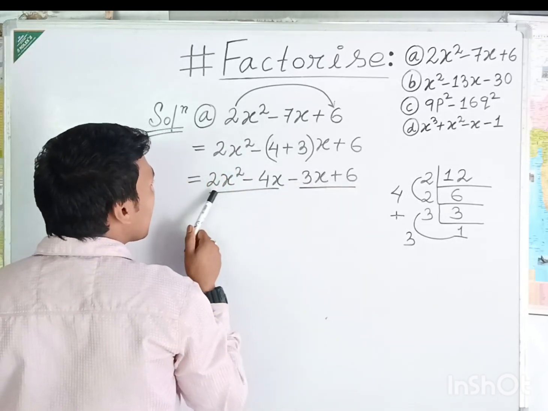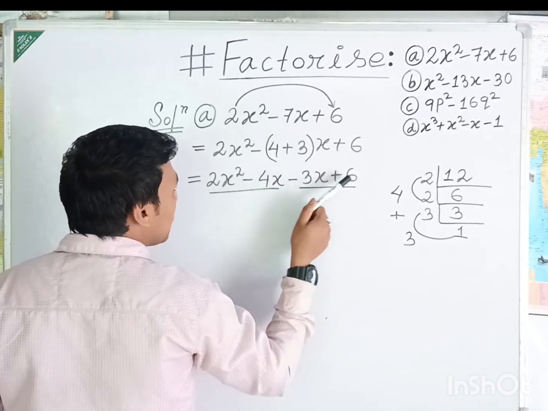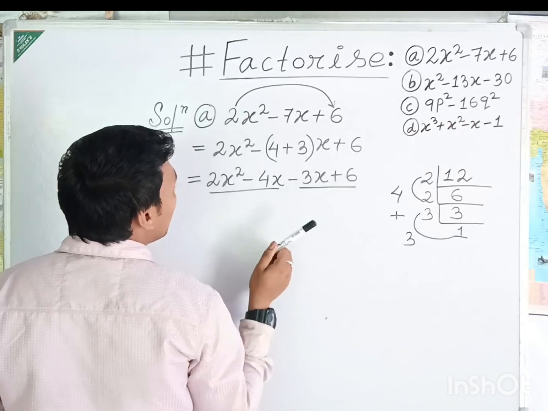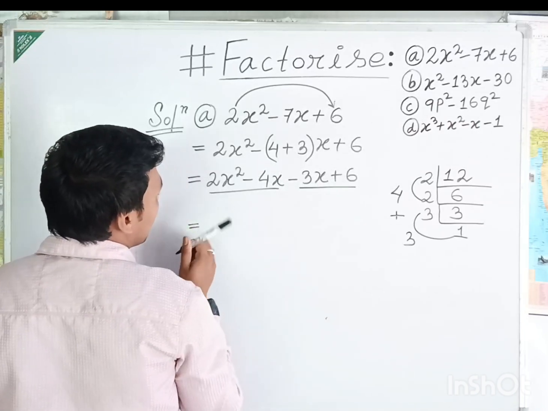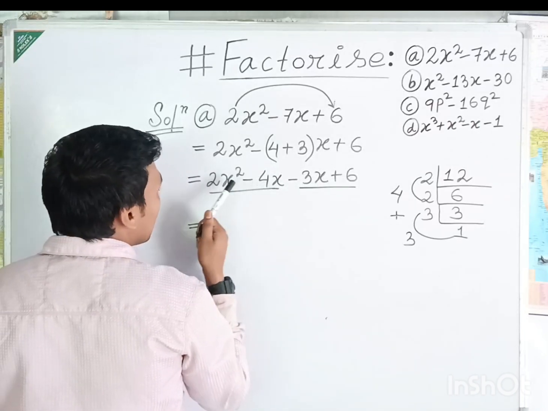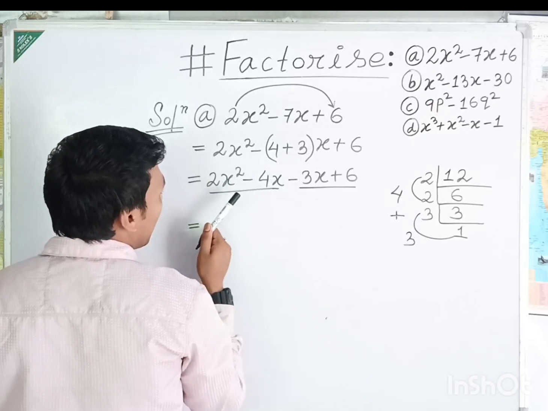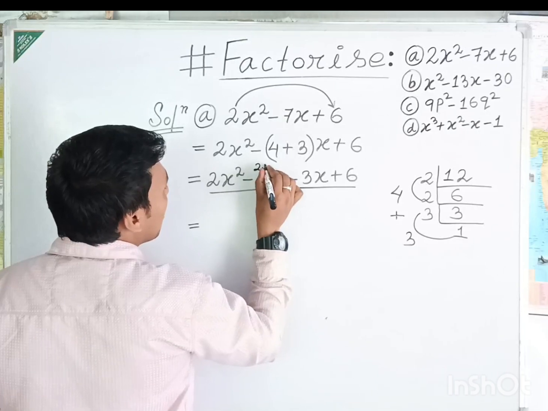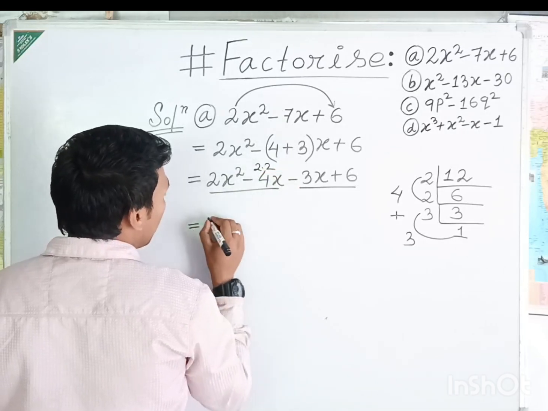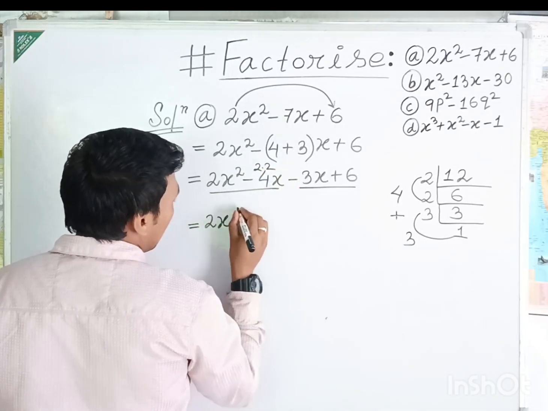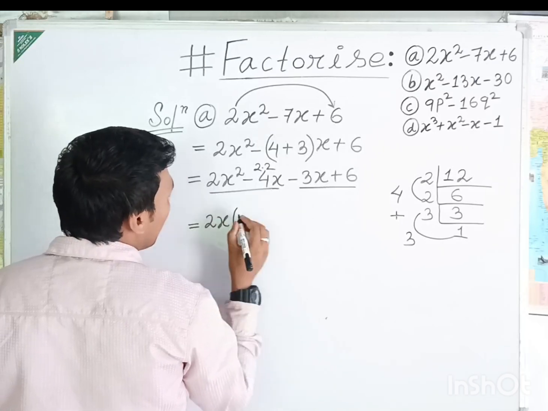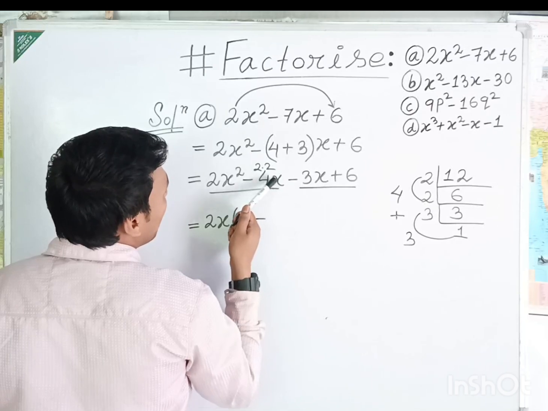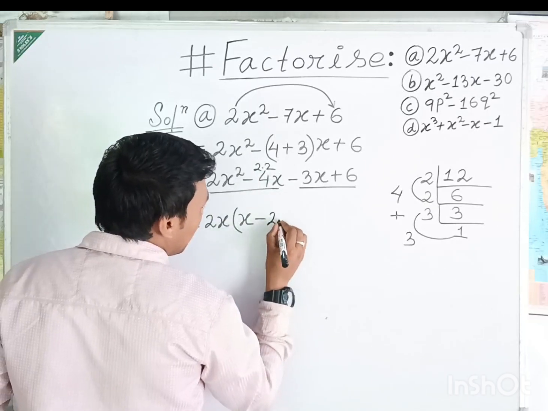If you get a common term, then you write the common term in this step. Now here I have x and here also I have x, so x I can take common. And the numbers here are 2 and 4, meaning 2 2s are 4, so 2 also I can take common, so I will take 2x. If I take 2x common, here only one x is left, so write x, minus 2. And since I have taken x common, only 1 2 is left here, so write 2.